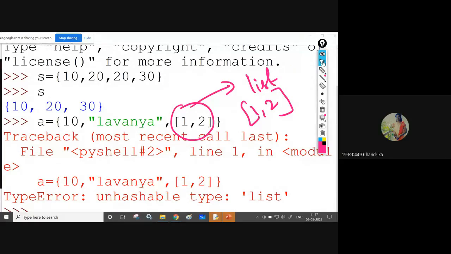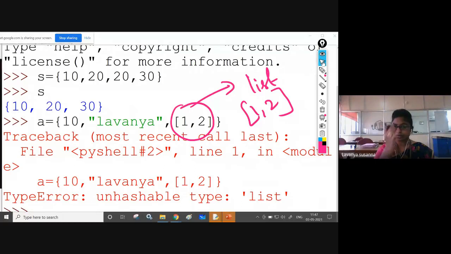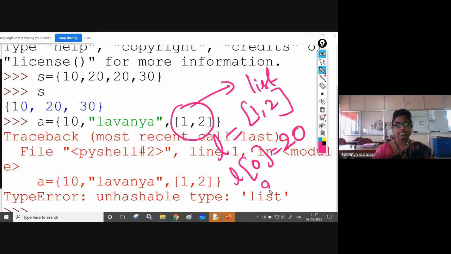We can change, ma'am. Yes, yes, very good. See, mutable means you can change. If you want to update the values like 1 comma 2, if you want to add, or delete, or change the zeroth index, for example. I took L equal to 1 comma 2. Zeroth index contains 1, first index contains 2, right? If you want to change L of 0 equal to 20, it will be 20 comma 2. You can update it. So this is mutable. Mutable means you can change.